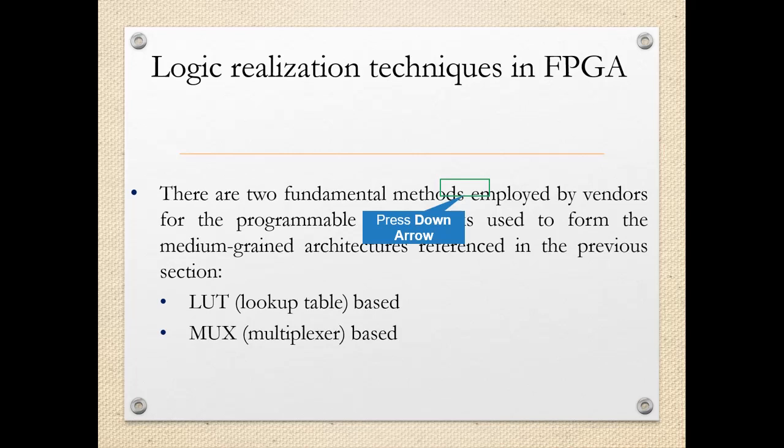In the lookup table based method, an n input lookup table can implement any possible n input combinational function. So if it is a 4 input lookup table, that indicates the 4 variable logic can be implemented with the help of that. The underlying concept behind a lookup table is relatively simple. A group of input signals is used as an index or a pointer to the lookup table, and the contents of this table are arranged such that the cell pointed to by each input combination contains the desired value.